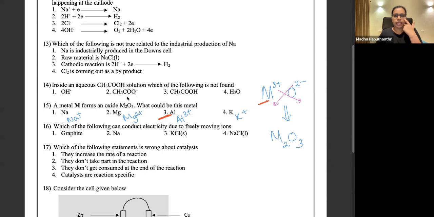So here, I said, in M2O3, this is the oxide of the metal. Oxide means O2 minus, right? So when you are writing the formula, you are basically exchanging the valencies. The 2 minus, this 2, is what is going to this M here. The 3 that is coming to oxygen is coming from the valency of M. Because M is the cation, it has to be 3 plus. So 3 plus is usually coming from group 3. Aluminium is there from group 3. All right.